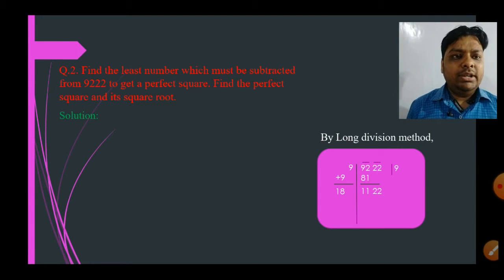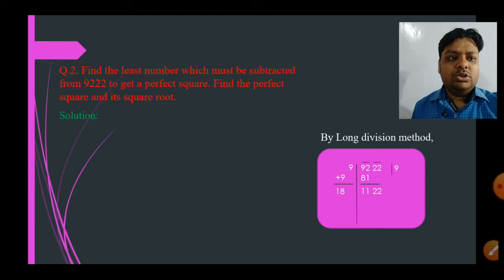Now if we take 181 into 1, then the answer will be very few than 1122. Okay, so if we multiply it with 6, then 186 into 6 it will be, then the value will be less than 1122. It will be 1116, and 6 we will write 3 times, 2 in divisor and 1 in quotient, then we will get 1116. Now add 186 plus 6, 192 we will get, and here we will subtract, then we will get 6 as a remainder.